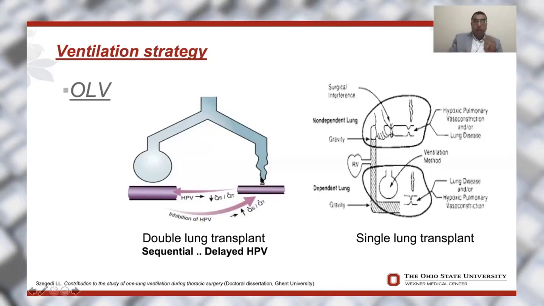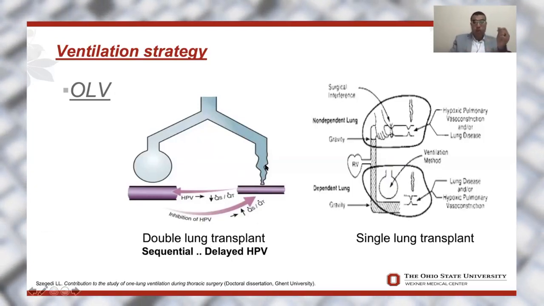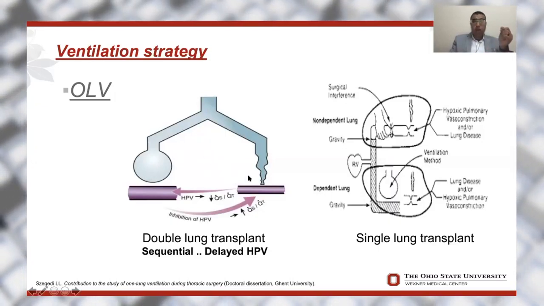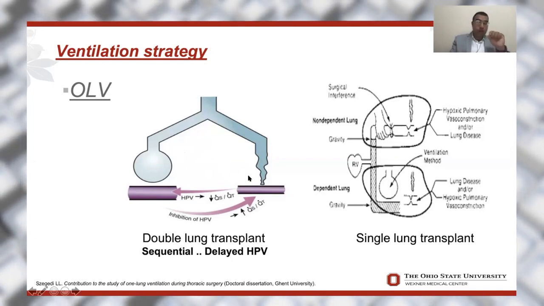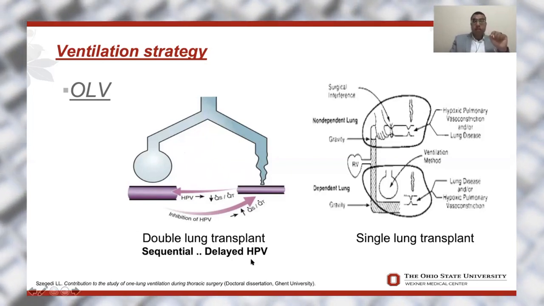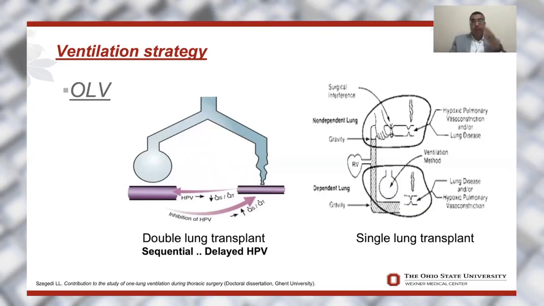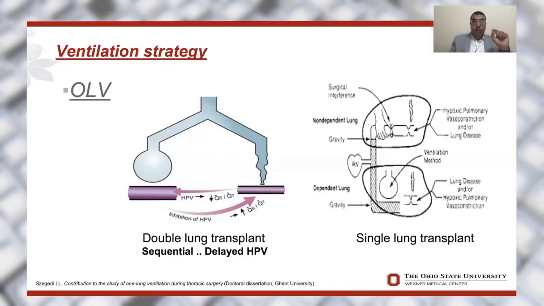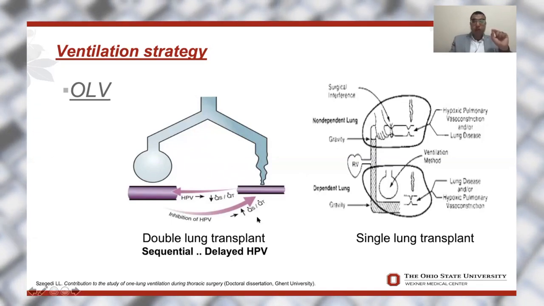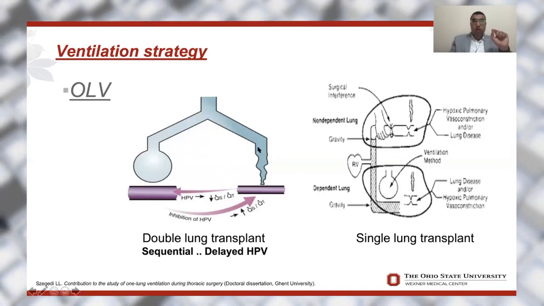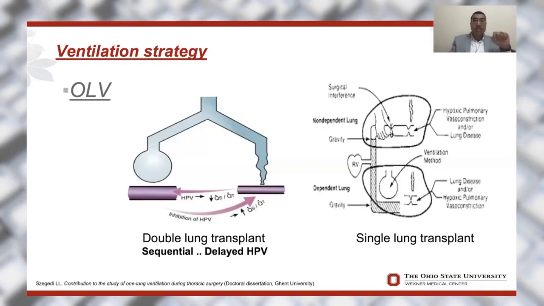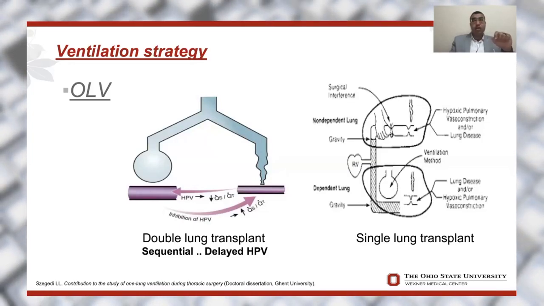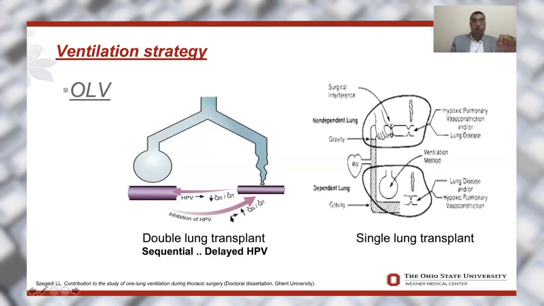Why? Because in a double lung transplant, you ventilate here, the surgeon will transplant here. Then the surgeon will go here to transplant and you will ventilate the new lung. The problem here is the hypoxic pulmonary vasoconstriction has two stages: acute stage and delayed stage. Delayed stage lasts up to hours. So let's imagine this lung is the new lung. There was hypoxic pulmonary vasoconstriction, which is still ongoing. You will ventilate now this lung. This lung is less perfused. You ventilate better a less perfused lung. This is called VQ mismatching.